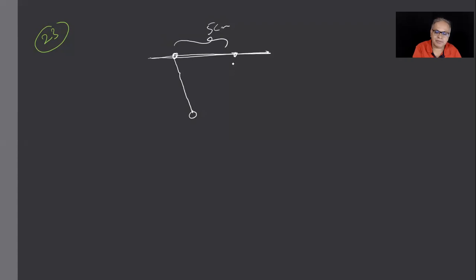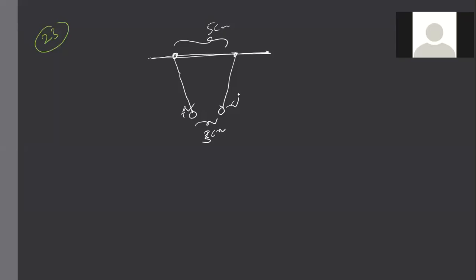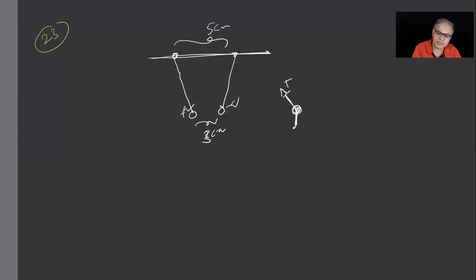Like this they will be. This distance 5, this distance is how much? 3. One is plus, the other is minus. This is the figure. Do you follow? Yes, sir. Now what you do? Just put weight, tension, and attractive force. This is T, this is weight, this is attractive. Tension, mg, F attractive. So dividing into components and making them 0, you get your answer. Okay?